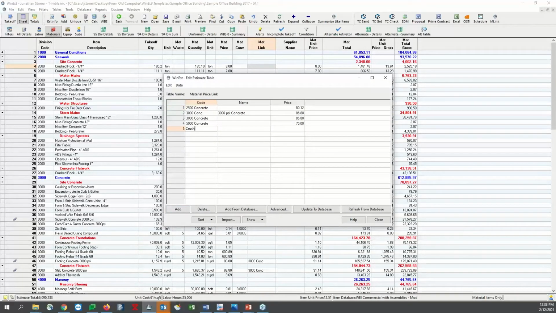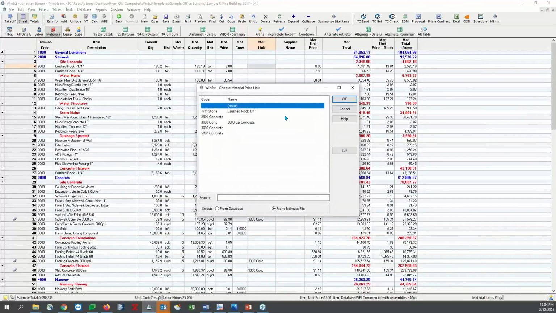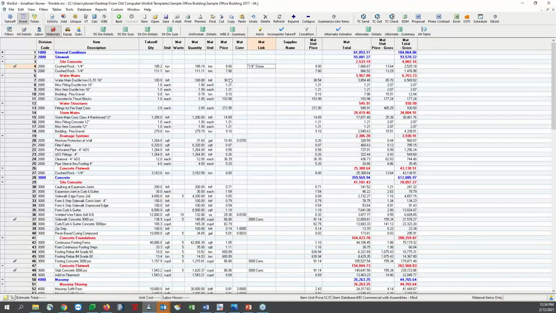and I can hit add here, and I'm going to say crushed rock. Let's abbreviate a little bit. 1/4 inch stone, crushed rock 1/4 inch, and we'll say that that is $9. Okay, so I'm going to close out, and I'm going to assign that right here. And I could do the same thing. I could do the Control F if I want to, or I can hit Control C and Control V anywhere that I see it,